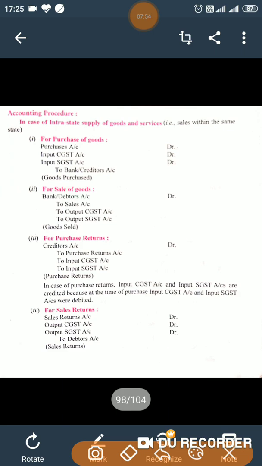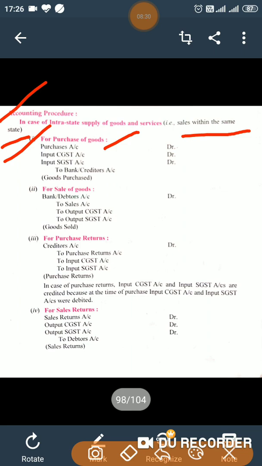First, I'm talking about the journal entries when there is an intra-state transaction. Intra-state transaction means sales within the state. So for the purchase of goods, if you are purchasing for cash, you know the simple journal entry very well. Purchase account, as an expense, should be debited, and at the same time whatever the GST you are making payment for